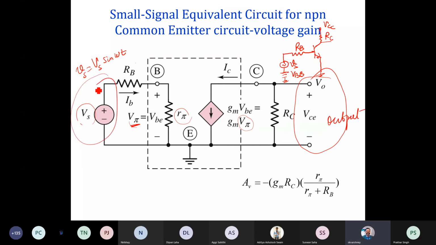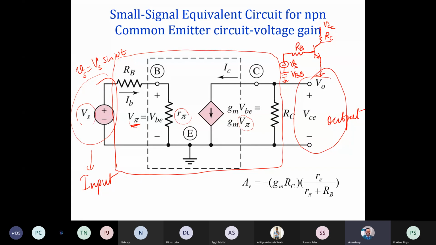This complete circuit here, you can think of as the BJT with biasing, but right now it is only a single resistor biasing. This is how the system looks. I think we'll stop here, and then we'll continue with how to obtain the gain, and then we'll build up with more components: a resistor connected to the emitter terminal, and a voltage divider circuit on the base to emitter junction. You can see the gain in the presence of RE, RE1, RE2, and when you look into those, it will be much clearer.